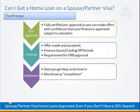Moving towards the process of actually buying a property, we'll give you step-by-step guidance, very much joining the dots. However, very briefly, your key main steps are firstly getting a fully verified pre-approval. What that means is an approval where you've provided your pay slips, your ID, everything, including your visa, to the bank, and both the bank and, if required, the lender's mortgage insurer has signed off